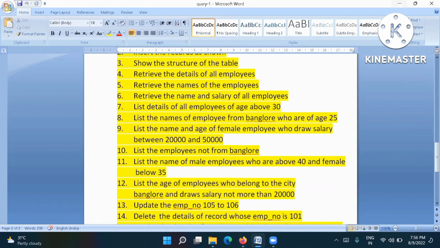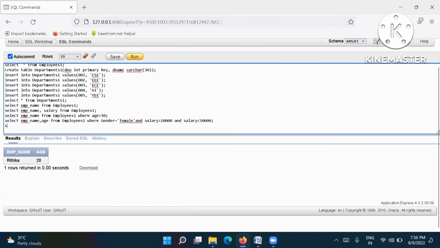So what do we have to write? Select employee name, right? EMP underscore name, employee name, from what? From the employees table, EMPLOYEE. Yes, employees1, where